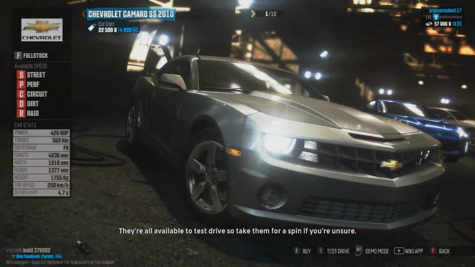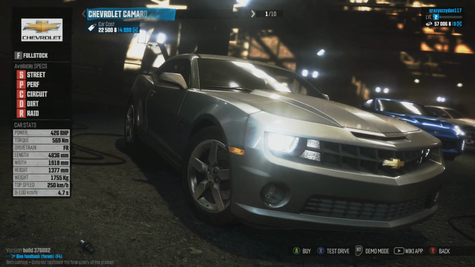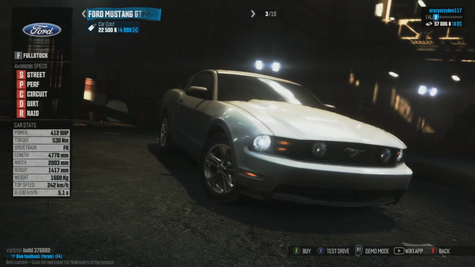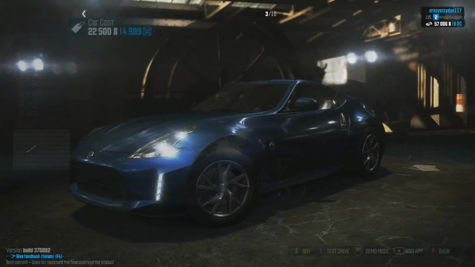So starting off with the things that I did like, one of the main things that definitely stood out to me, this is just a small little detail, but the cars actually exist in real life. All the cars in this game exist in real life. They have a model number, everything. It's modeled after the real life counterpart of the car,